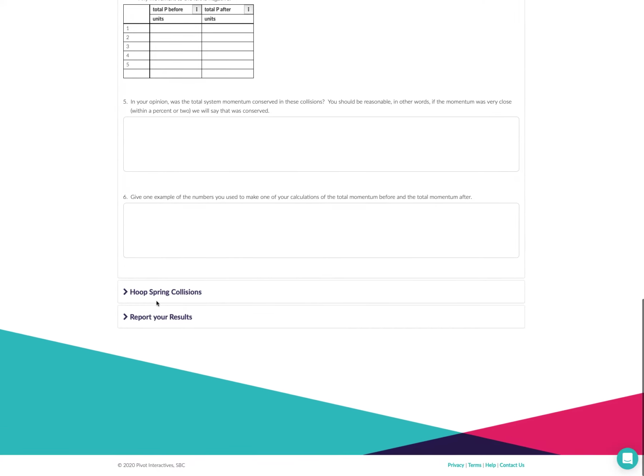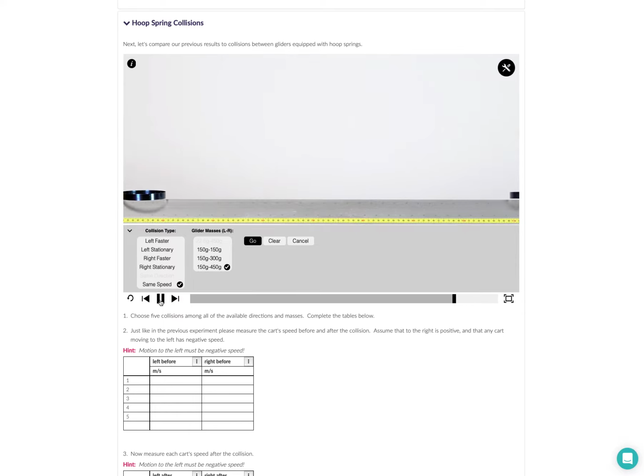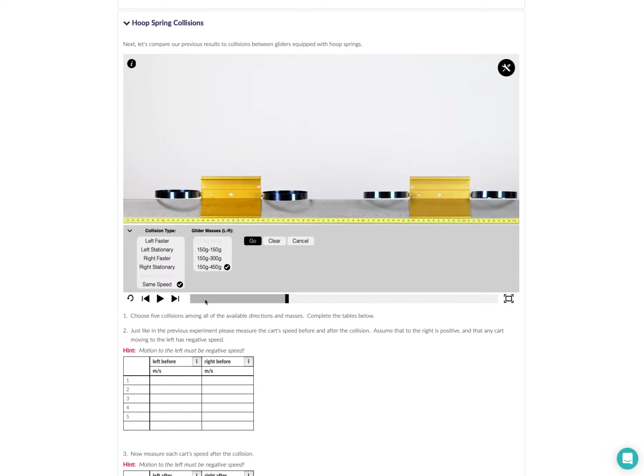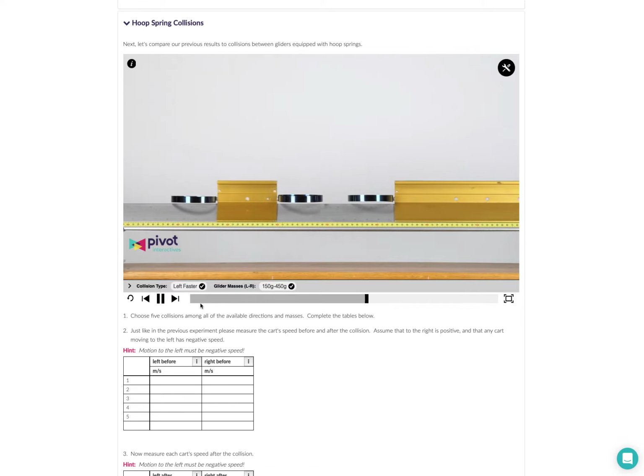For the second part of the experiment, the gliders are outfitted with what we call hoop springs, which are these little metal hoops that make them bounce really effectively. So in these collisions, we also expect momentum to be conserved. I want you to choose any 5 of the many different combinations of cart motions and masses, and show that for the instant right before they collide, you grab your digital tools and measure the speeds